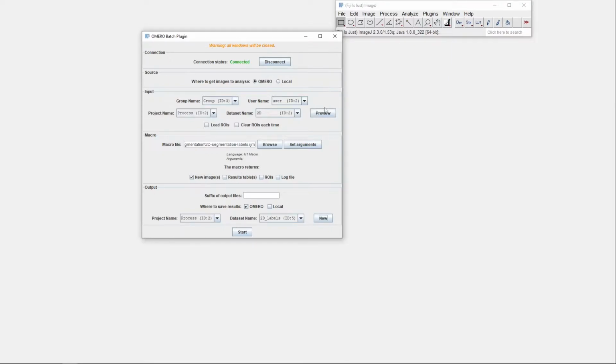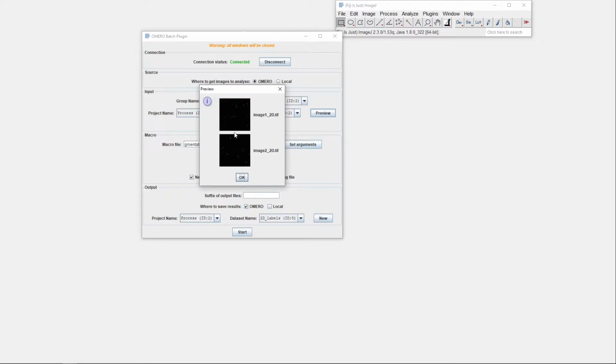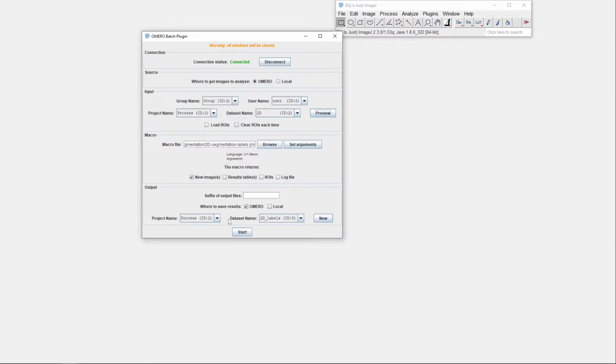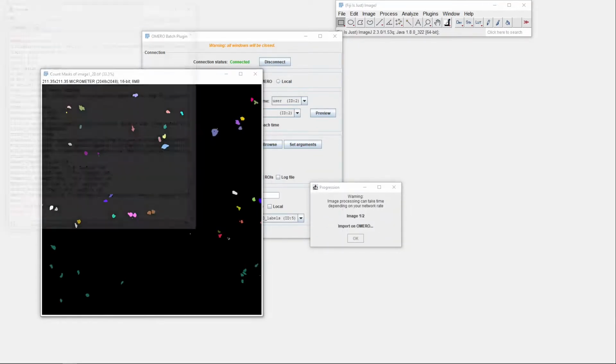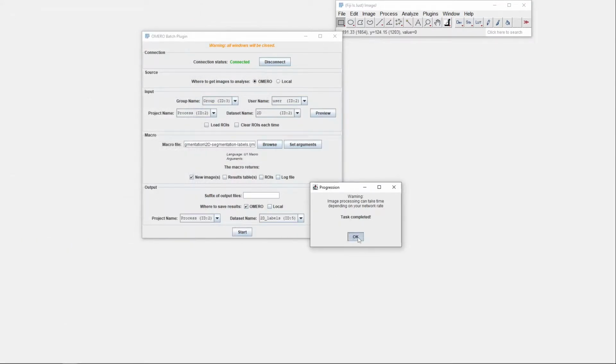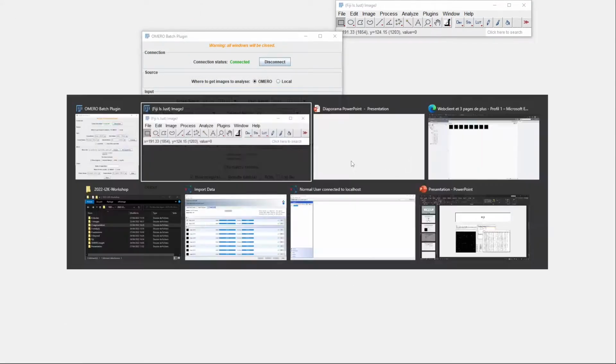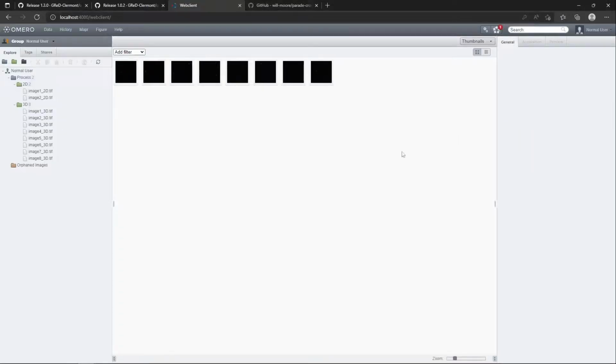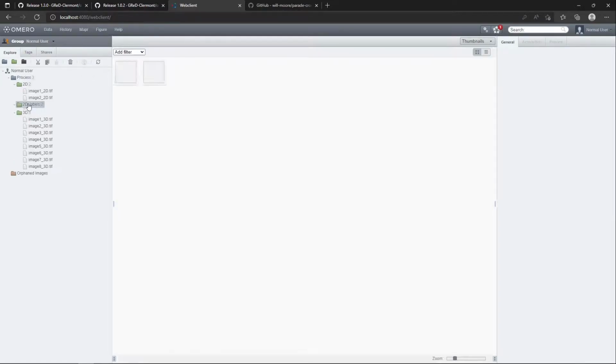So that's it. We can preview the dataset to see if it matches what we are expecting. And now I'm going to click start, and the process should run. So the task is completed. If we go to the web client, we will see that now we have a new dataset here with